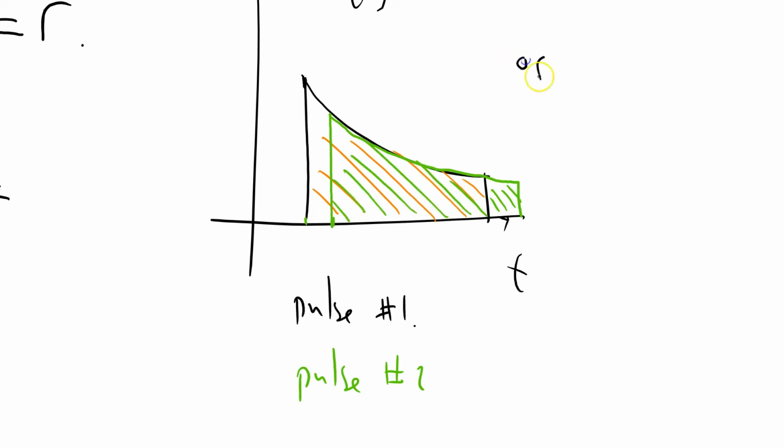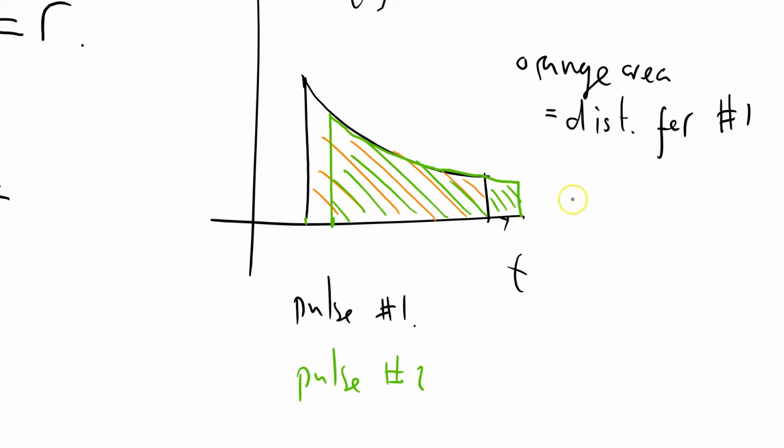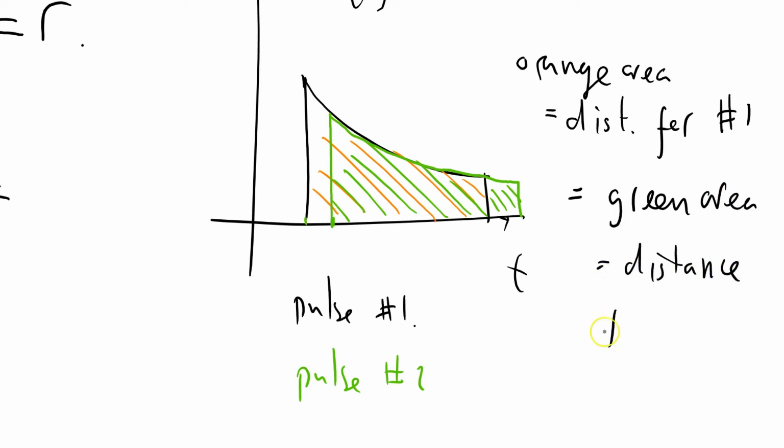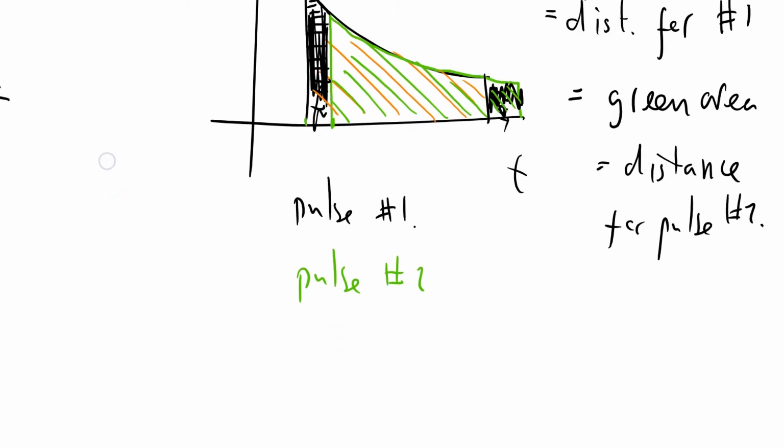And now I'm going to make the observation that the orange area, the distance for pulse number 1, equals the green area, which equals the distance travelled for pulse number 2. You see that it's set off a bit later, and in that time we've got this extra area here. We're losing this amount of r here, but we're gaining this one here. So what that tells me, if I can express it in